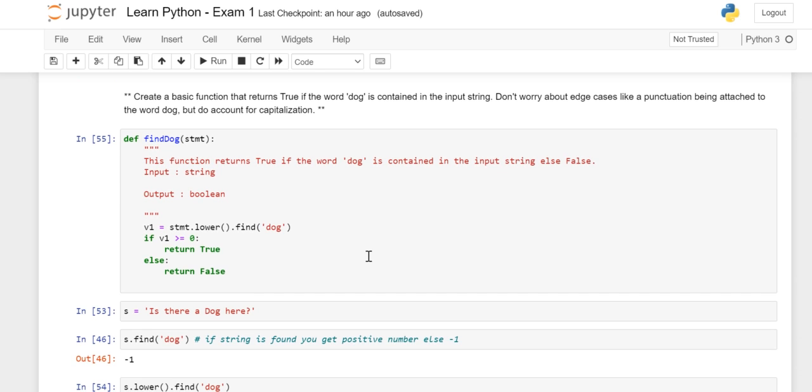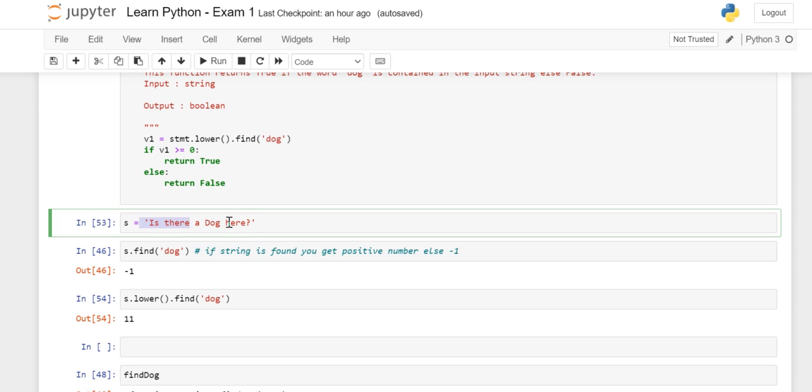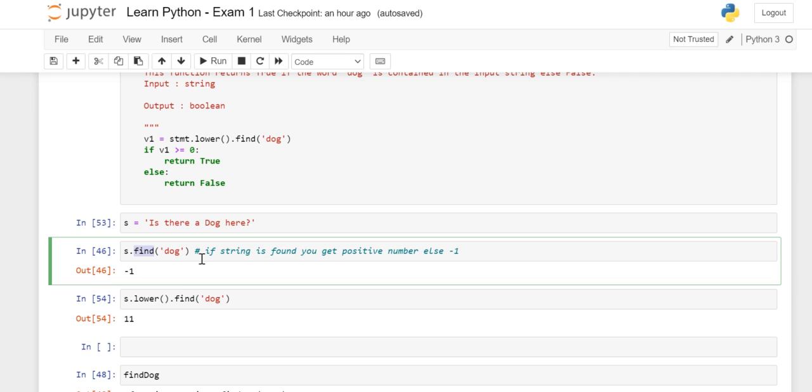Anyways, our objective is that you get any statement, and you need to find whether the word dog exists or not. So we have a find function. When I apply the find method on it, you get an integer as an output: either the positive index value, or if it is not able to find that particular substring, you will get -1.